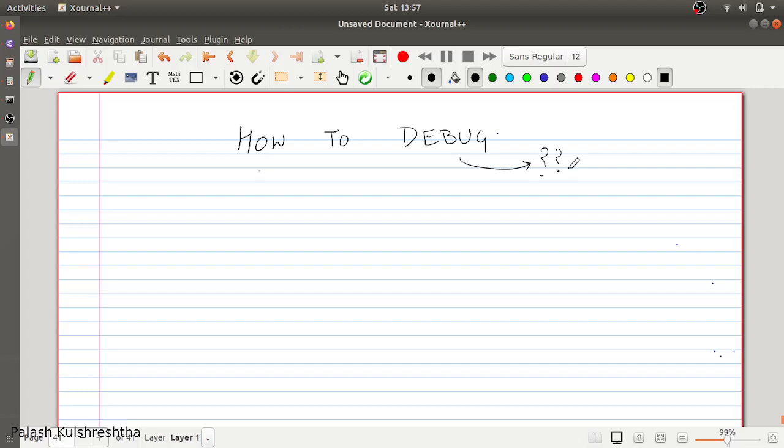Hi friends, today we are going to talk about how to debug. Whenever you have any production applications running, you will get scenarios in which it is not performing the way it was intended to, or it is performing less efficiently than it was designed to. In all these cases, we have to find the root cause of what is going wrong in our system and try to fix it in the least amount of time.